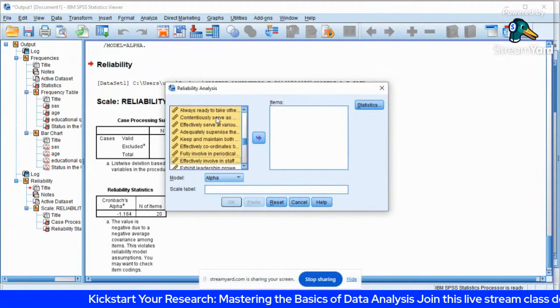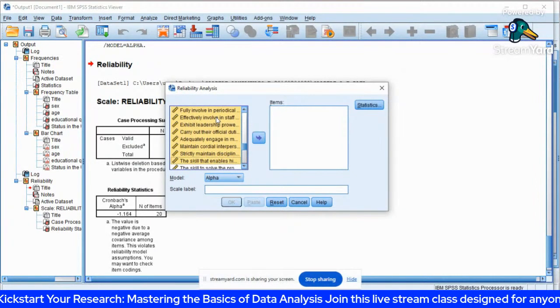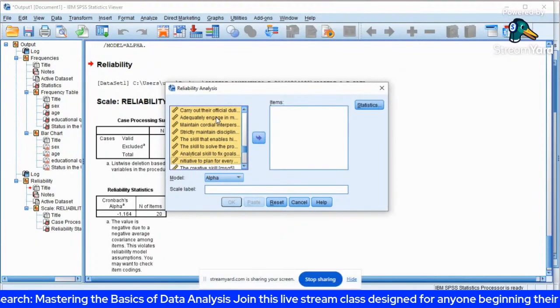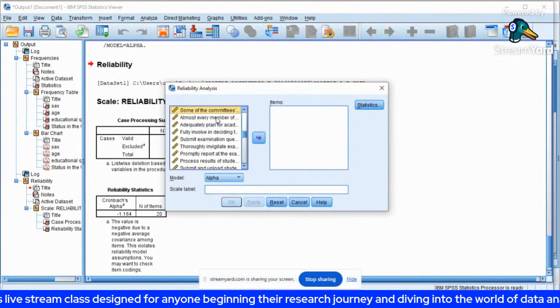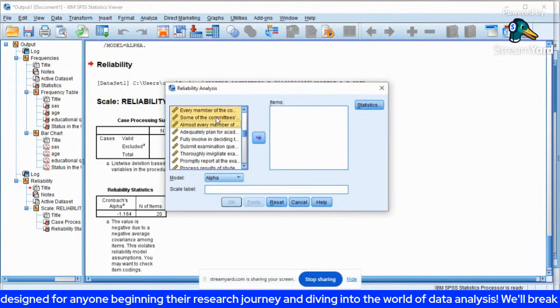Almost every member. So once you select that 20 items,